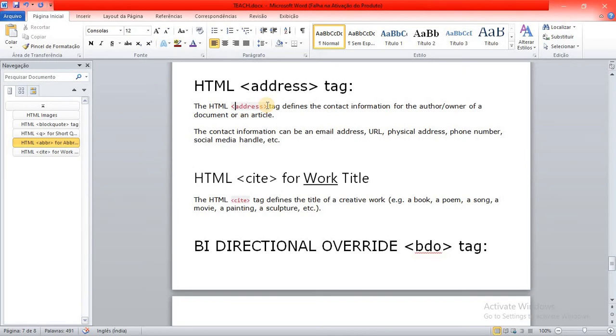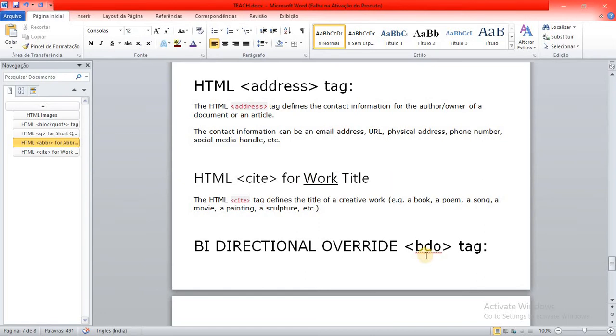The full form is citation. It means if we upload a picture which has been drawn by a particular person and we want to state that this picture has been drawn by this person, or there is a particular figure and we want to write that this figure describes this or that, we can do that using the cite tag. It's most importantly used after a picture to explain something about the picture, like its writer or so.